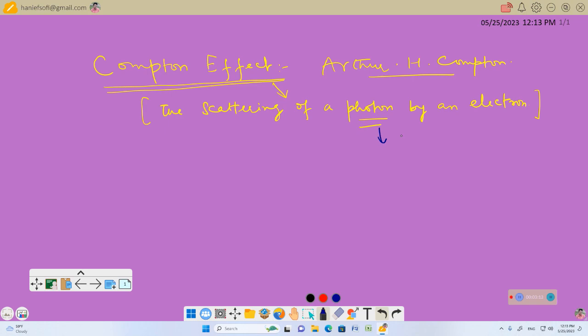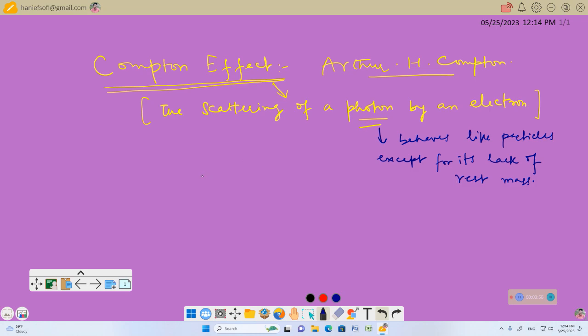Photon behaves like particles except for its lack of rest mass. So it has no rest mass, right? But it behaves like particles. So